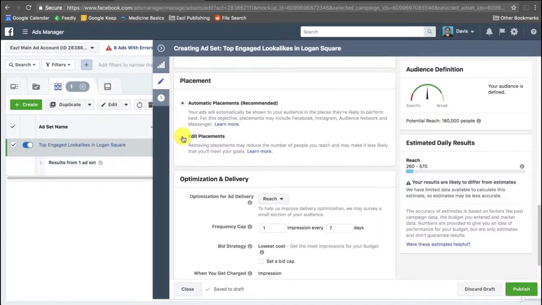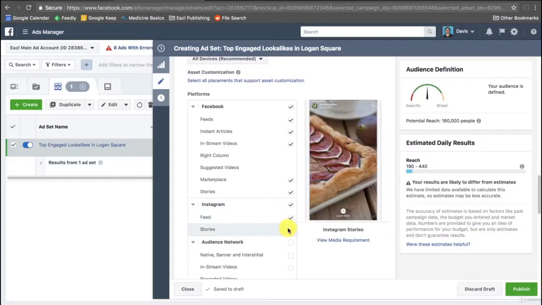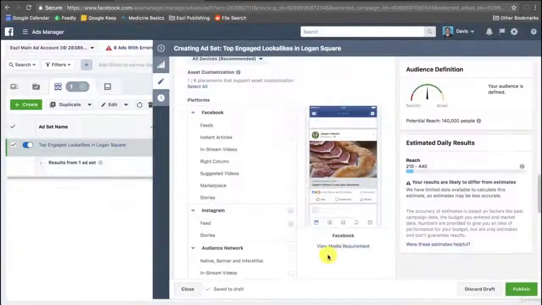So under placements here, you can click edit placements. And then let's basically zoom out of all this stuff. No messenger. We only want this to be in the Instagram feed. All right, great. And you're going to see that this is showing that our audience is still potentially 140,000 people